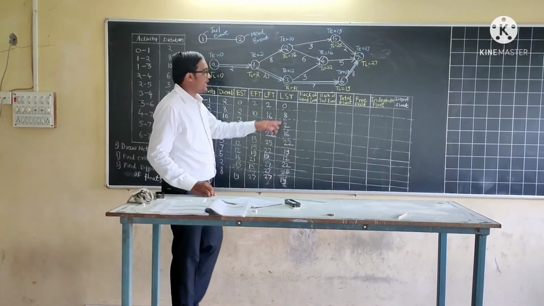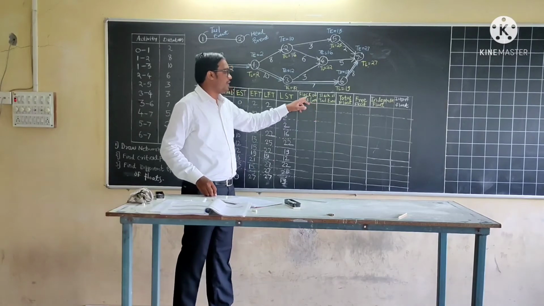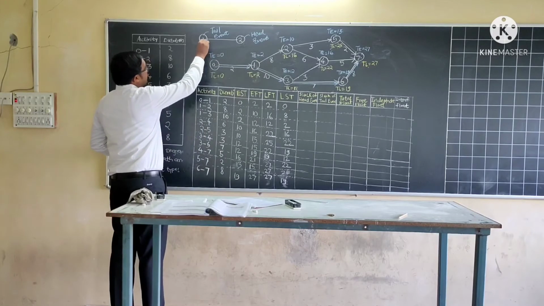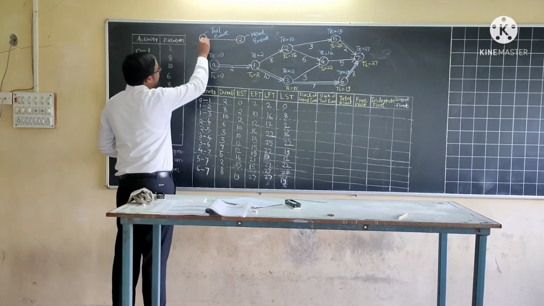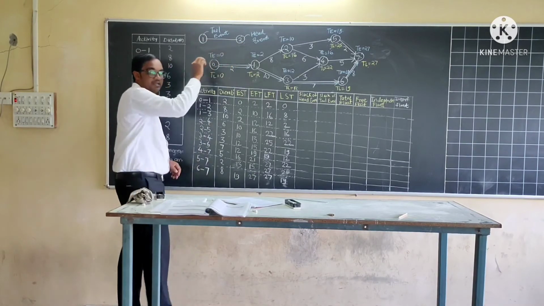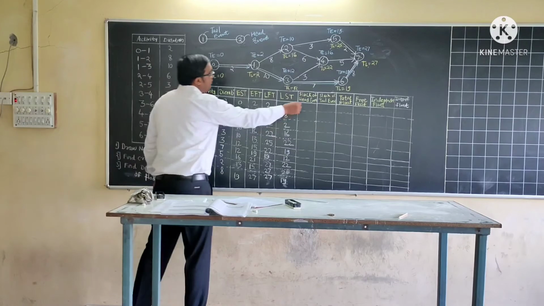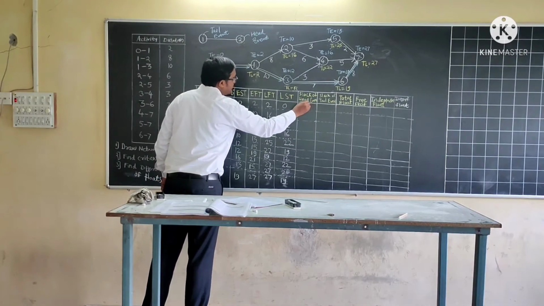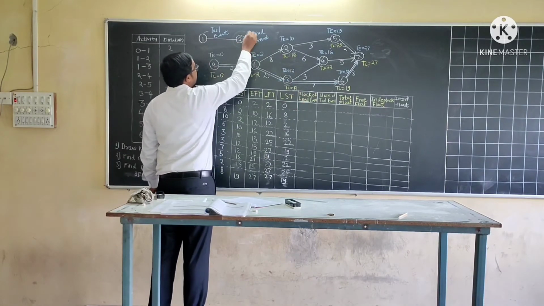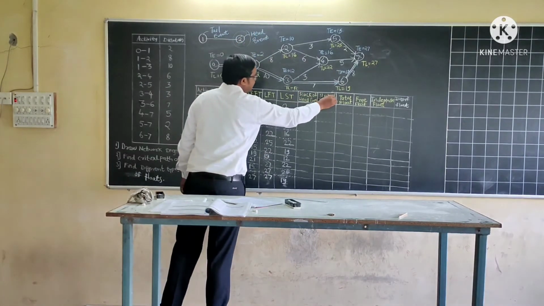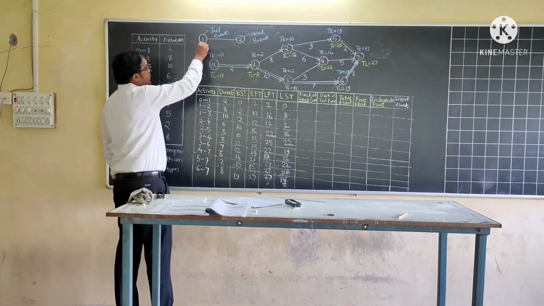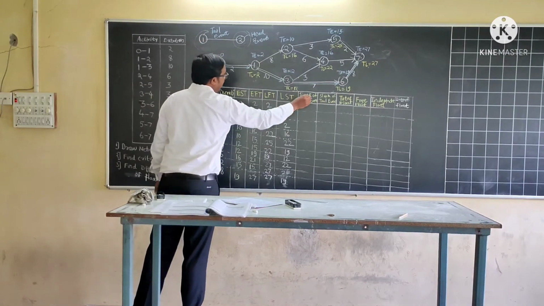Now the values of slack of head event and slack of tail event. So what is meant by slack of head event? If you consider event number 1 and event number 2, event number 1 is the tail event and event number 2 is the head event. Already this concept is explained. Whenever the term head comes, we need to consider the details about the head event. In slack of tail event, we need to consider all the details of the tail event.